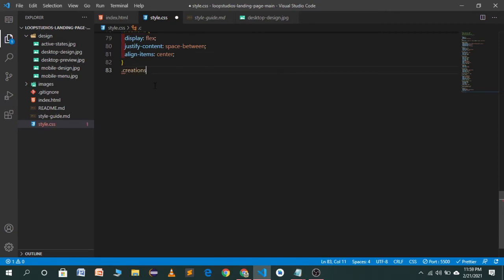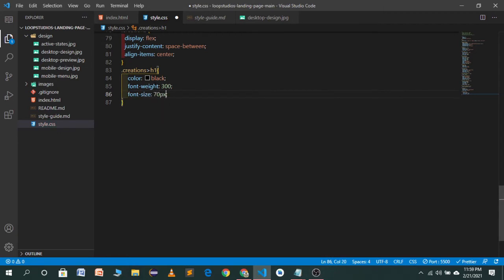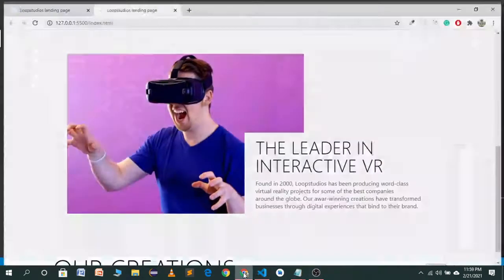In creations we will target the h1 tag, give it a color of black, font weight will be 300, font size will be, let's try 70 pixel. How will it look? I hope it will look good.